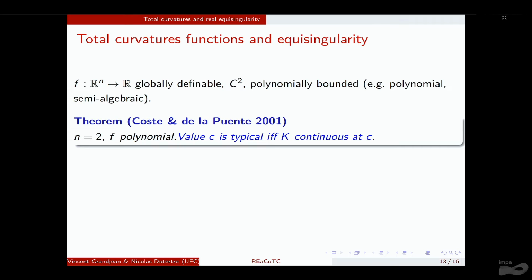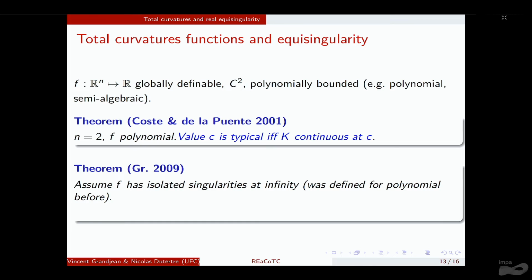Actually, it works for this sort of function above, because their criterion is generalized for such functions as well. What I did a little bit later, you can think of a polynomial. I have defined previously what a polynomial with isolated singularities at infinity is. I gave it in the complex world, but the definition makes sense in the real world as well. So you pick such a polynomial. There is an analogous definition for general functions like those ones, but it takes a bit of time to define. So what I did prove was that if the total curvature function is continuous, then the value is typical,